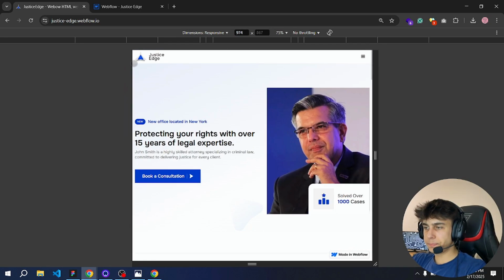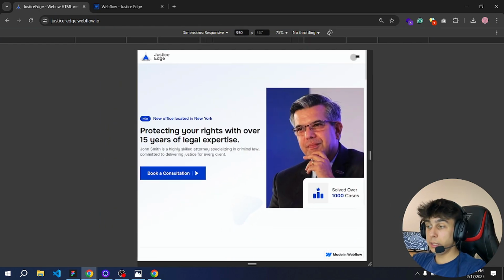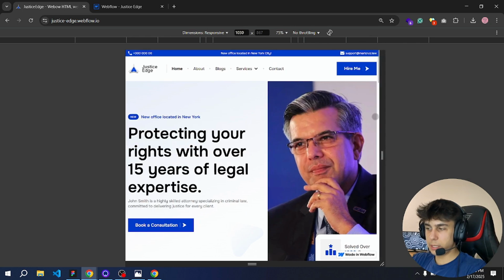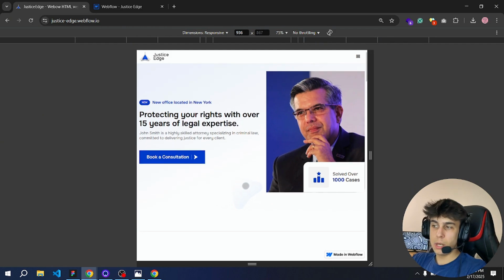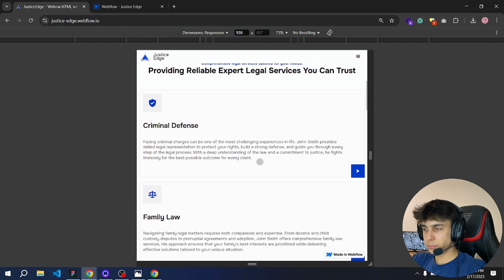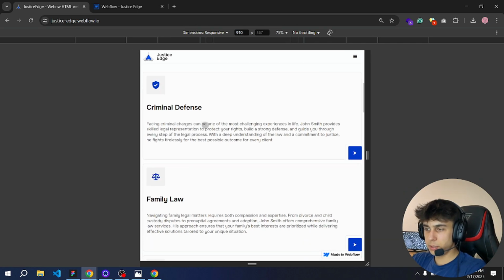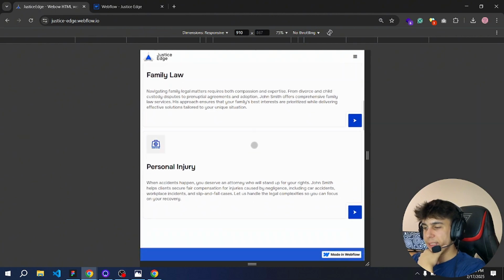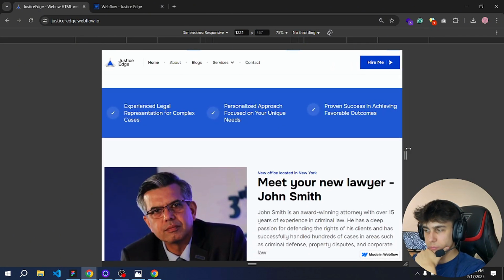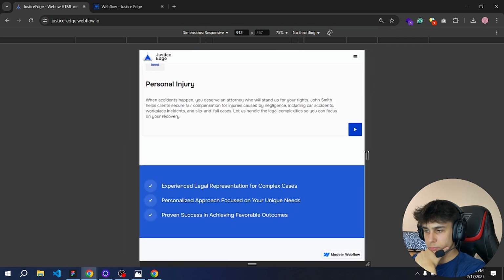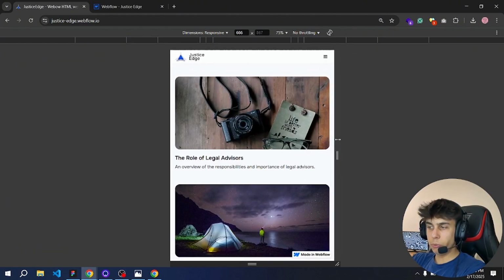What do we have here? The navigation menu disappeared from here, and this call to action button is hidden inside this menu, and then the text and the image and everything else is smaller and fits well. This is for a larger tablet, I guess. And what happened also, those columns are broken into one per row. Then this thing as well, and these testimonials and everything else. So we're going down to the mobile,